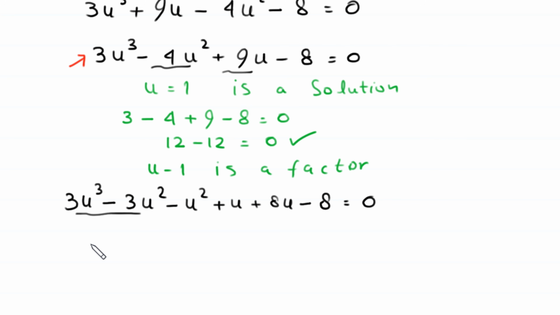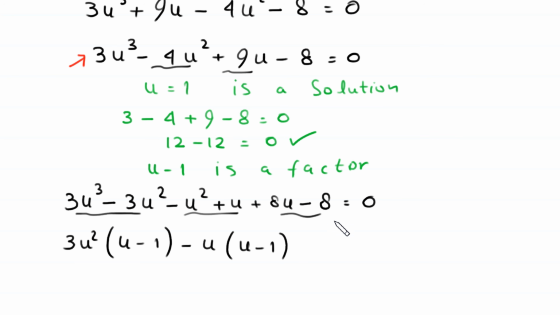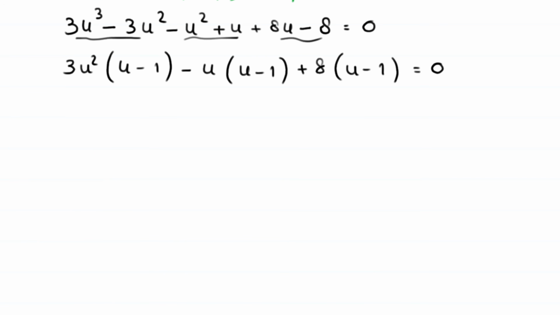From these two terms we can factor out 3u squared, in bracket left u minus 1, and from these two terms we can factor out negative u, in bracket left u minus 1, and from these two terms we can factor out plus 8, in bracket left u minus 1 equal to 0. Now this u minus 1 is a common factor, so we factor out this u minus 1, and in bracket left 3u squared minus u plus 8